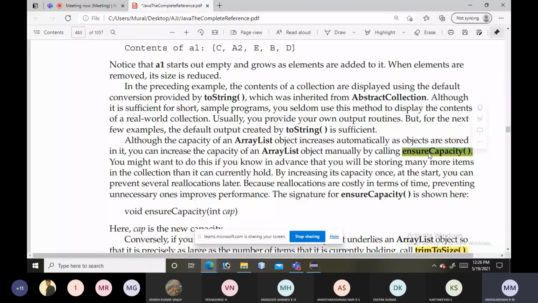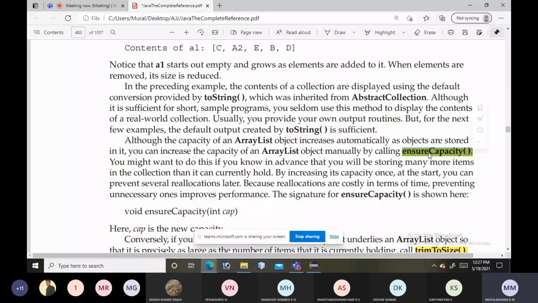Kindly think, since it is dynamic in nature, whenever a new item is added, it will again reallocate the ArrayList. Whenever an element is removed, again it will reallocate the ArrayList. So here unnecessary reallocations are happening with the case of dynamic arrays. With these unnecessary reallocations, it will significantly affect the performance.